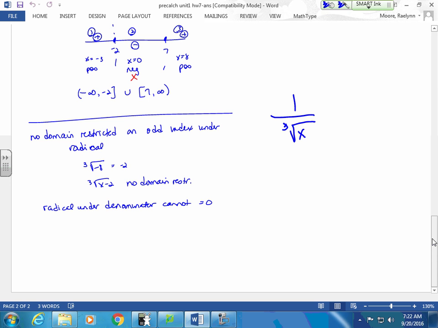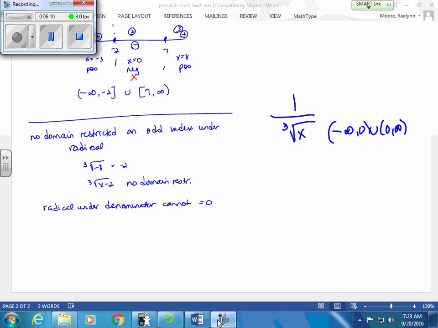What can x not be? 0. So this says you can use everything but 0. Give me any other number but 0. Good? Questions at all on the domains? No? Okay. So what